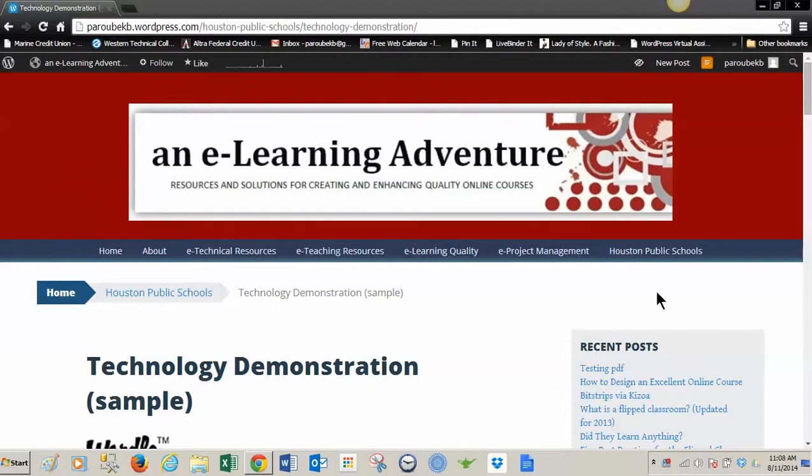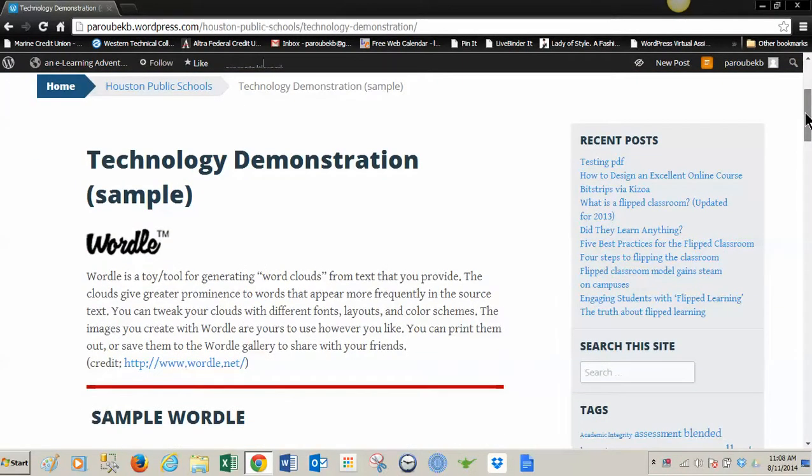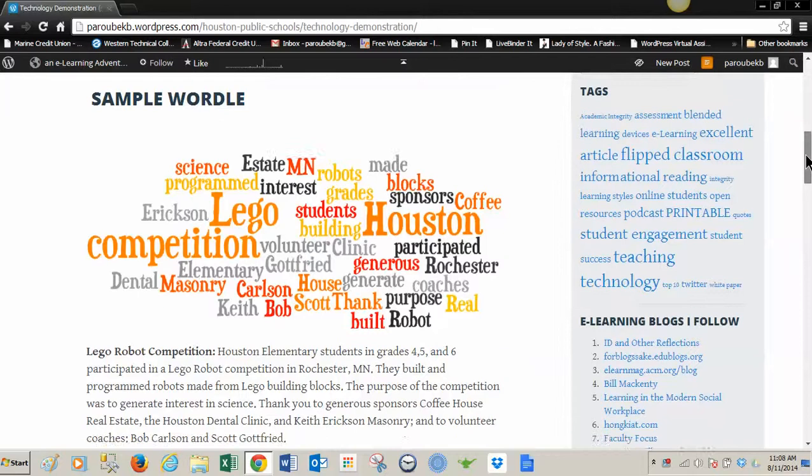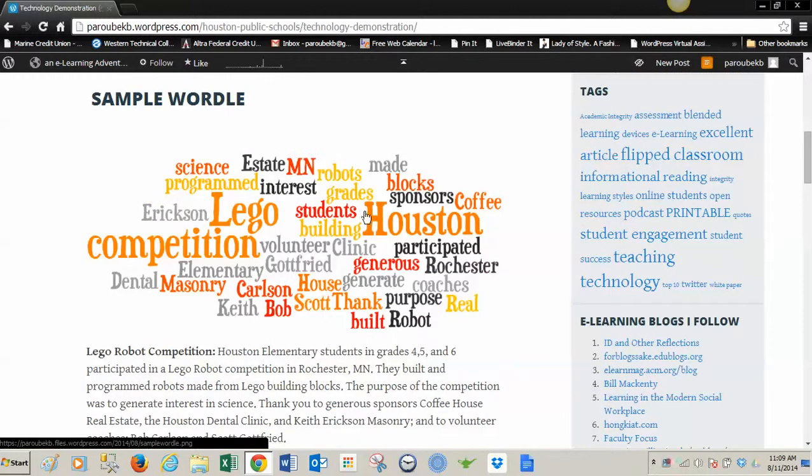Today's lesson will be about the very easy application named Wordle. What is a Wordle? Well, this is a Wordle. It is basically a word cloud that you can design for yourself. This word cloud is showing text from the printed material that I am hovering over here about the Lego robot competition. The most frequently used words are larger than the other words, and you have your choice of different colors